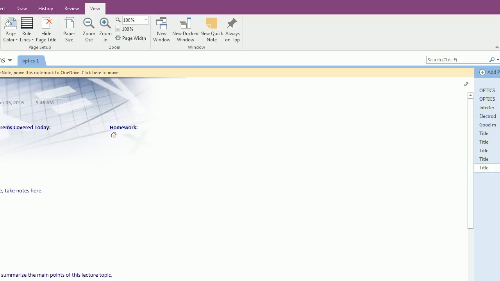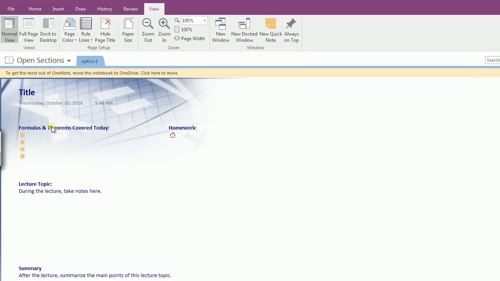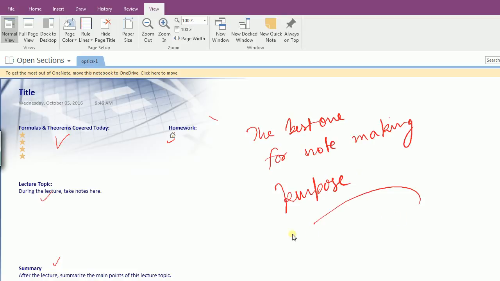This is just blank. So now you can see in this template the title is given, formula, theorems covered today, what is the homework, lecture topic, summary, everything you can write here for note making. And there are actually various templates for different purposes, as I told you.